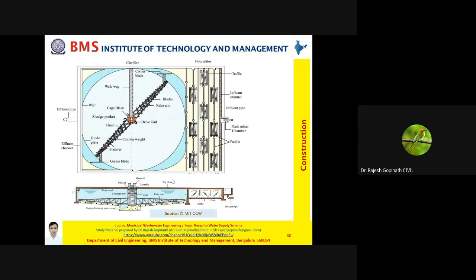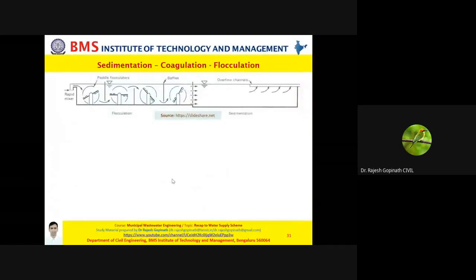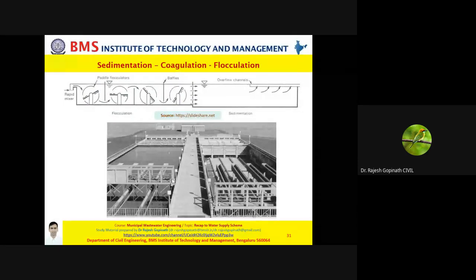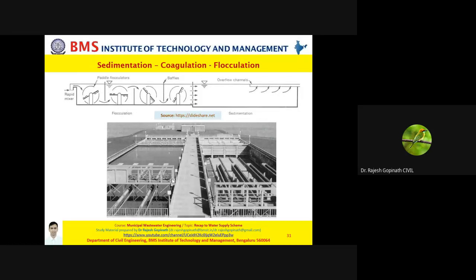For instance, if you recollect what you studied last semester: alum, copperas, ferric chloride, and so forth. Now, what happens is these coagulants, when they are added, due to different aspects, it could be sweep coagulation, it could be electrolytic action, it could be due to van der Waals, that is your Brownian movement. Due to different mechanisms, these coagulants basically aid those fine suspended solids to also settle down,